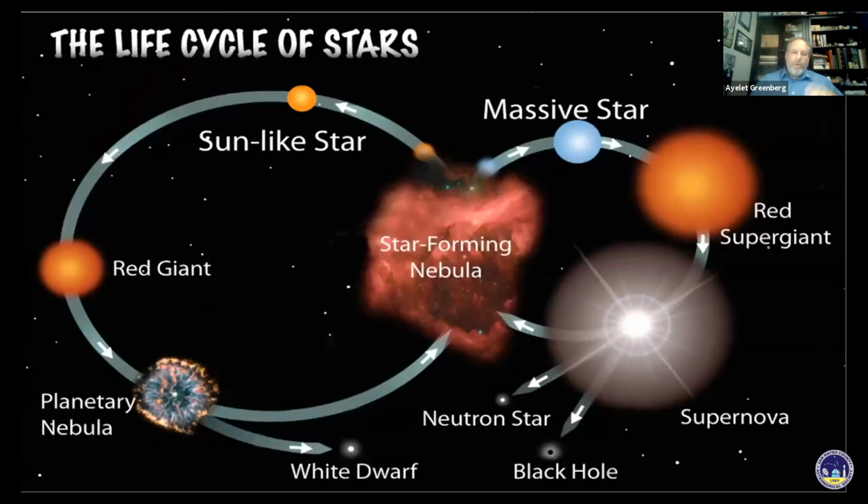Today, we're going to talk about the life cycle of stars. As you can see in this diagram, which captures a summary of what we'll be discussing tonight, star formation starts with stars forming inside a cloud of gas and dust, or a nebula. Based on the mass of the star, they can either evolve as a small, low mass star like our sun, becoming a red giant, a planetary nebula, and ending their life as a white dwarf, or they can become massive stars, supergiants, and end their lives in a very violent supernova, leaving behind various remnants like neutron